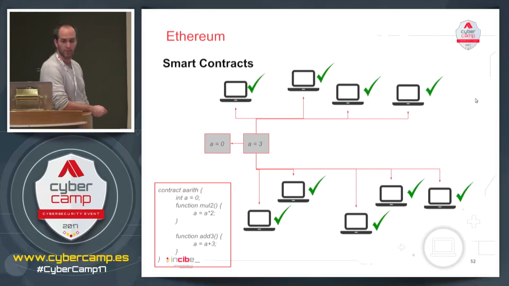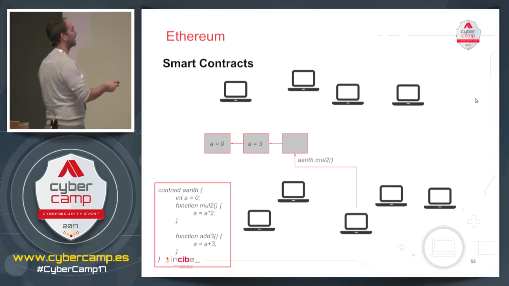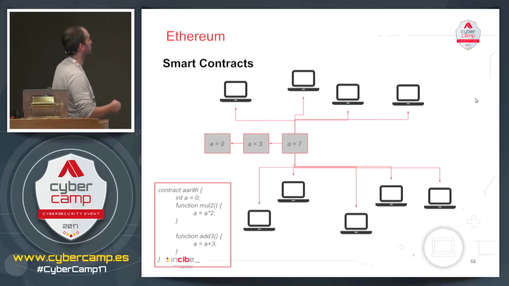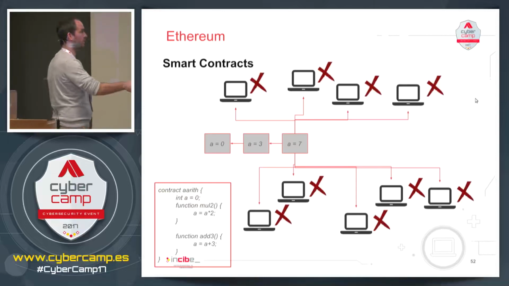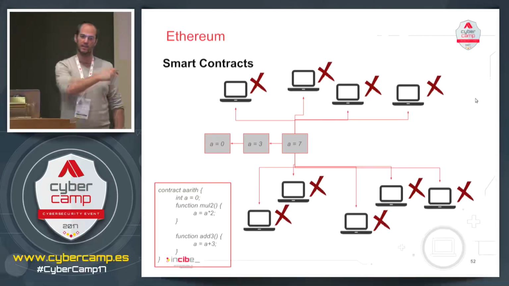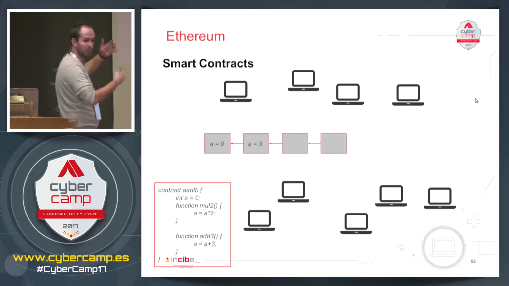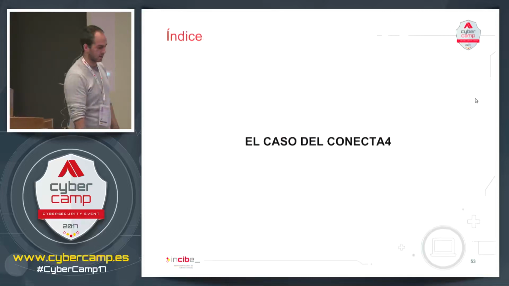This is the new block. All the rest will check it, re-execute the code. They check it. It's valid. It's okay. And there's another one saying, I want to multiply the value A by 2. This transaction gets to the others, and imagine this one says, I found a new block: 3 by 2 is 7. Of course, 3 by 2 is not 7. All of those computers, when executing the code, will say, no, it's not valid, it's 6. So this transaction is invalid, we reject it. That's not written in the blockchain because it was a bad answer. But new blocks are being added with other operations.